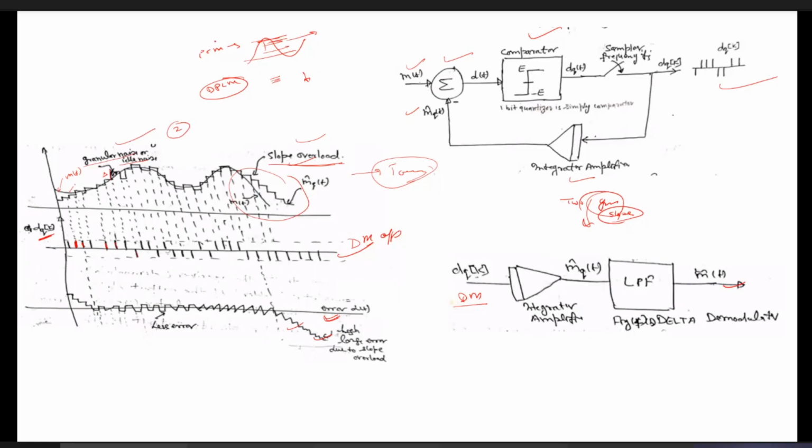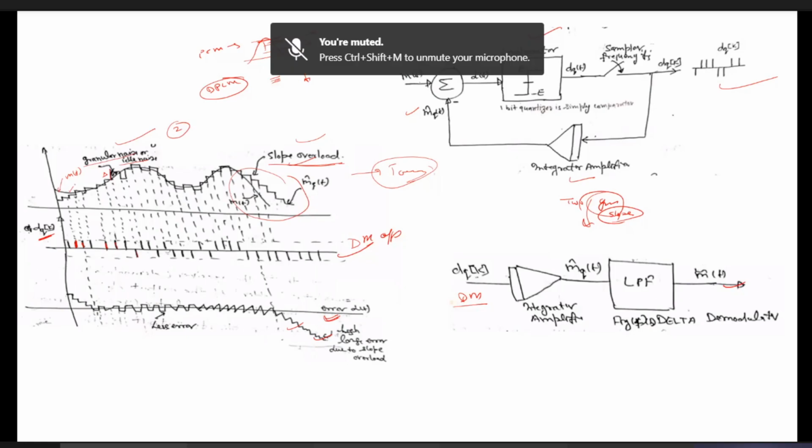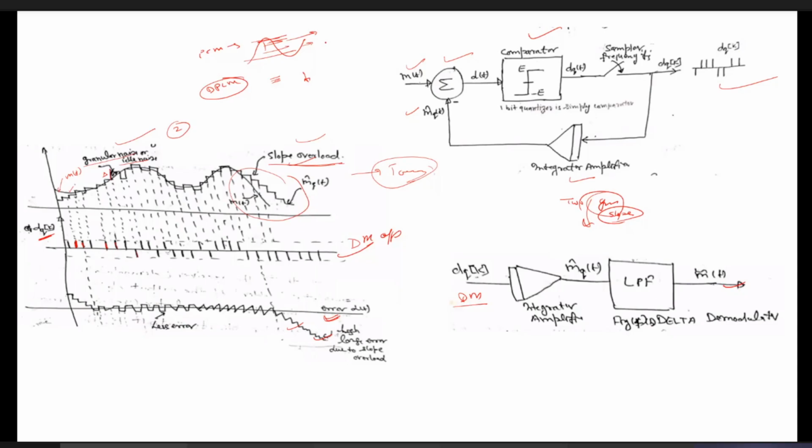At the same time, we have seen that PCM transmits a lot of redundant information that does not carry any specific information. The same information is transmitted again and again, so that is also minimized in the case of DPCM. If you talk about the transmission bandwidth, for PCM we have calculated it is equal to M times fm. Since the number of bits M to represent each quantization level reduces in the case of DPCM, the transmission bandwidth in the case of DPCM also reduces.